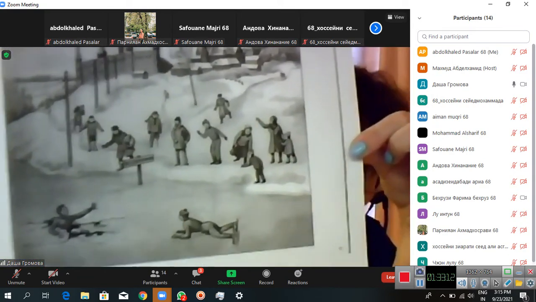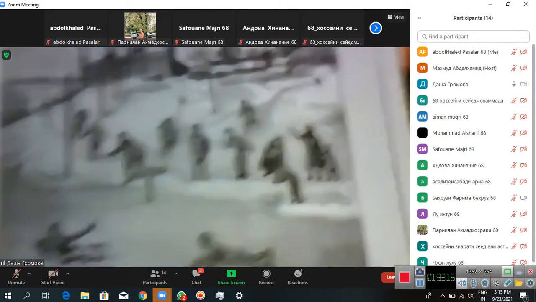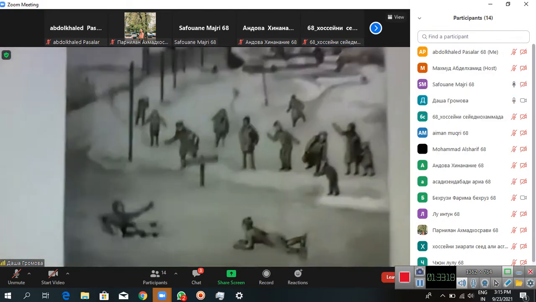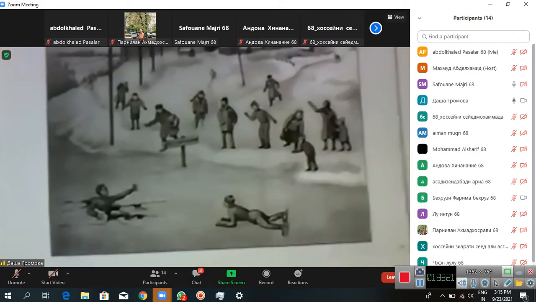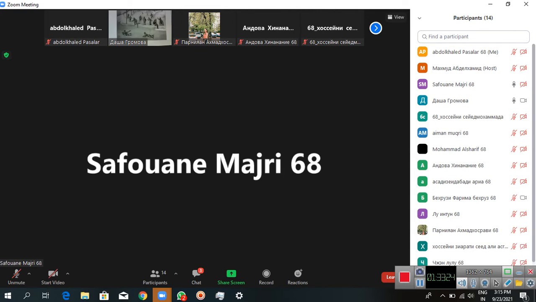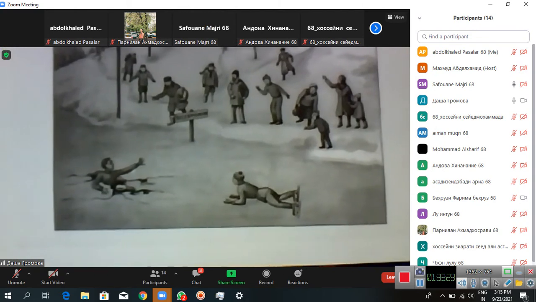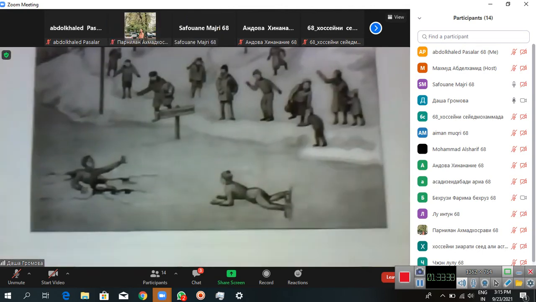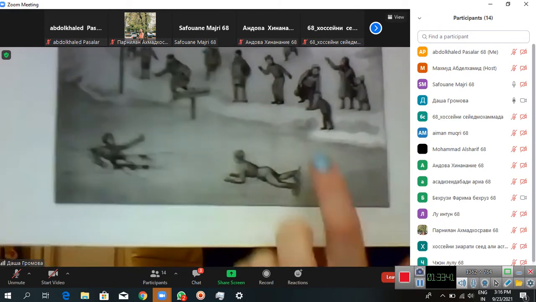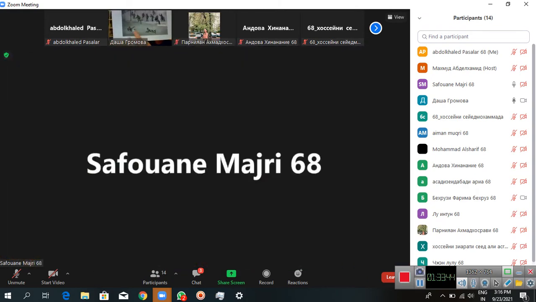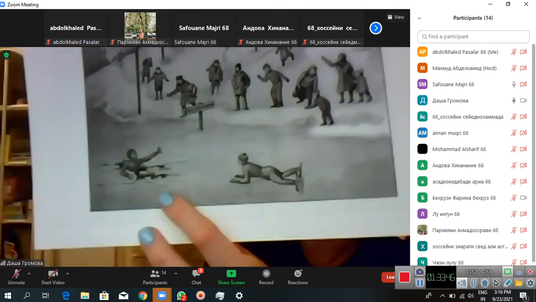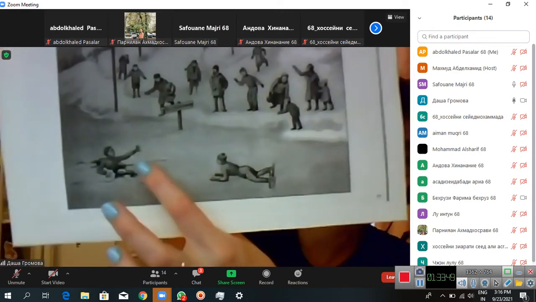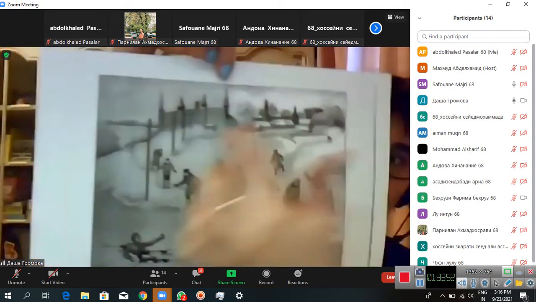So what can you see here in the picture? Sorry, the quality may not be very good, but what has happened here? A woman fell in a hole. Yeah. And some people are watching her. Yeah. And another man fell from the skis. Mm-hmm. And what else? There's a sign. Yes, the sign means attention, that there is ice here, and you're absolutely correct. One person fell in a hole in the ice, this is a river, and another one tried to help him, and other guys also. And here you see some building outside.